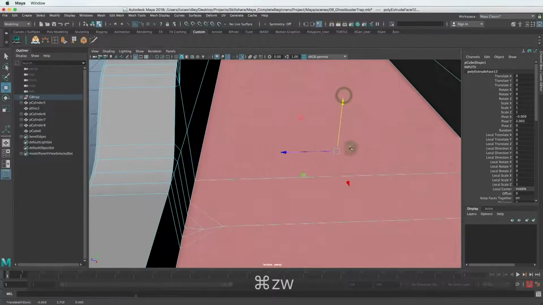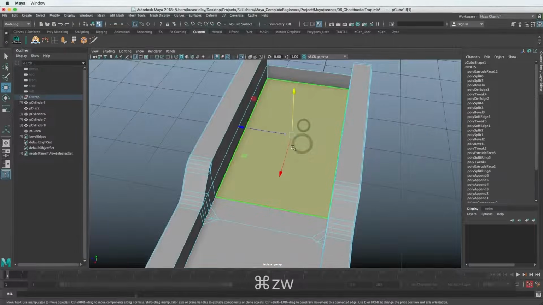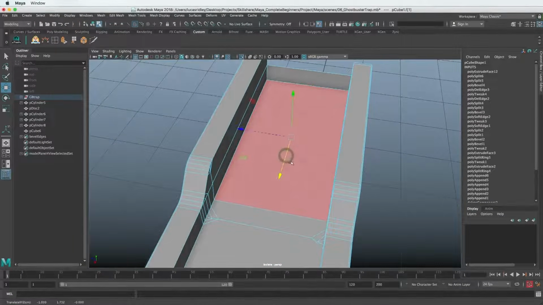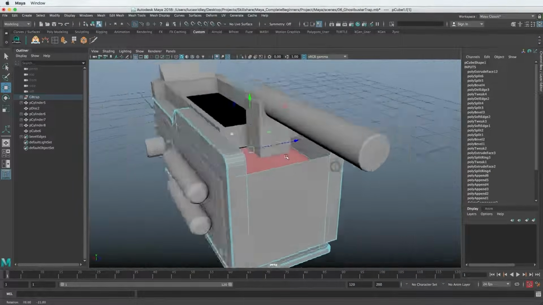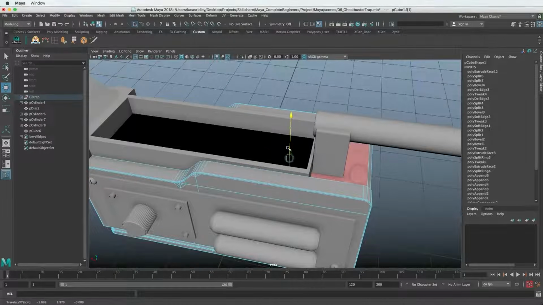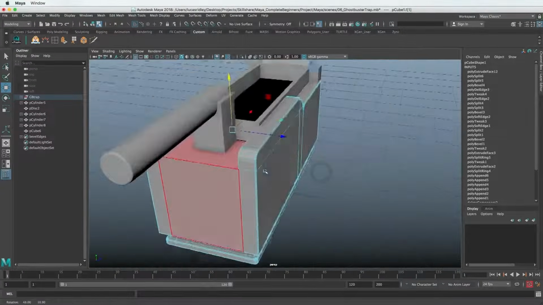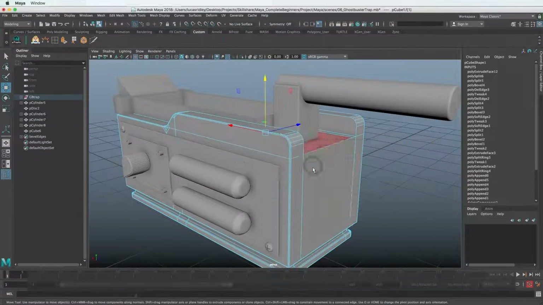So let's just drag it down for time's sake because we already have the top area modeled. When we unisolate select that, we can see we're good there. We can just drag this one back up and actually just vertex snap it. So let's go to the front view.